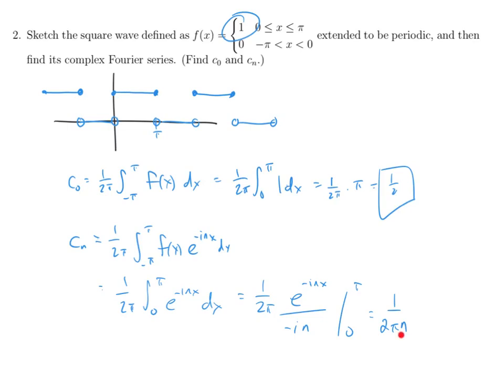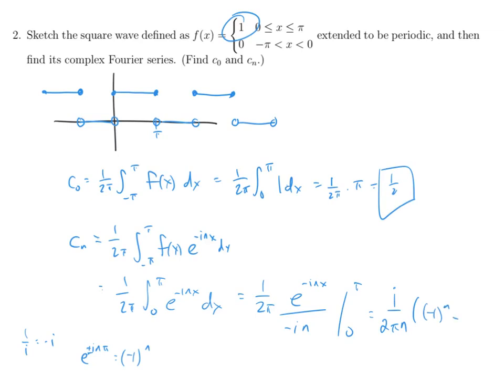So I can put the negative i on the bottom, or I can move it on top and make that positive i, because remember, 1 over i is negative i. So I'm going to write that like this, and then I'm just going to plug in pi. Remember also that e to the i n pi is negative 1 to the n. Same thing with plus or minus, doesn't matter. So this is negative 1 to the n